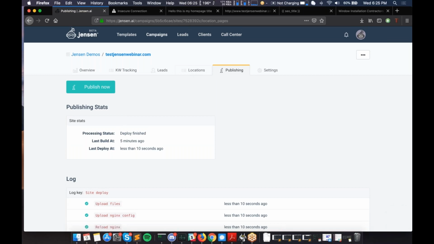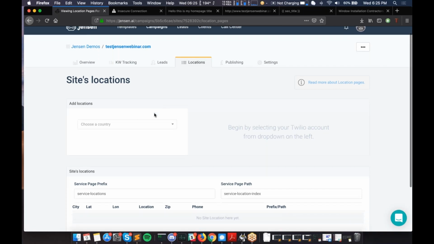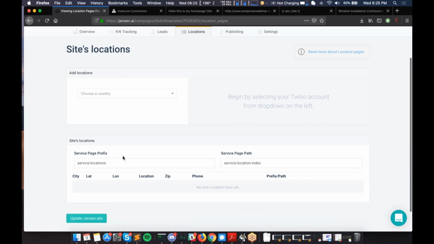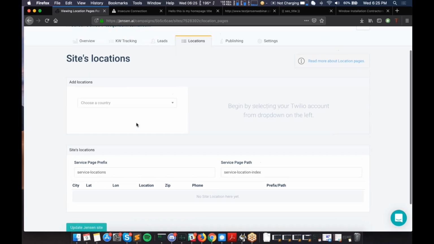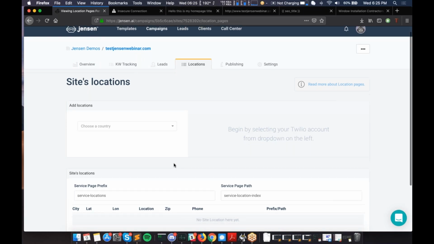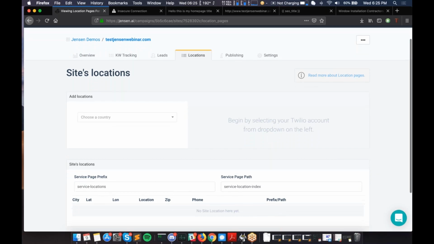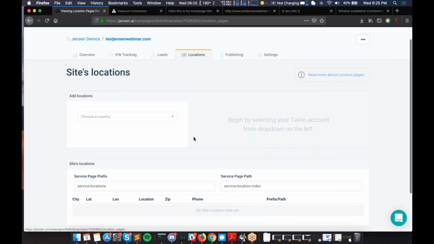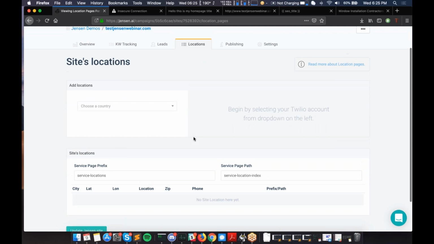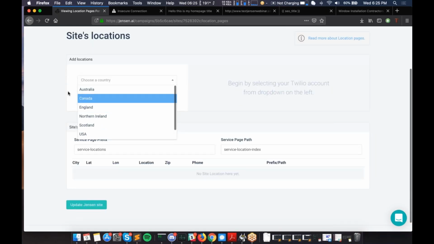Now let's look at our location page. This section is a little bit confusing, and hopefully this will help unconfuse it a bit. One of the first things that needs to happen before I can do anything on this page is we have to make sure that we have the service location index and the service location show page created in the template. Once it's created in the template, what we'll then be able to do is come to our